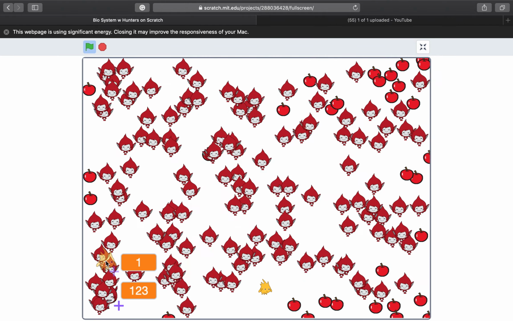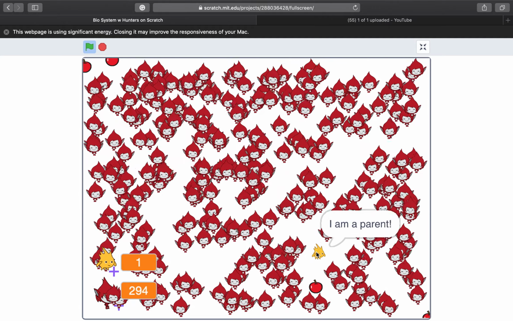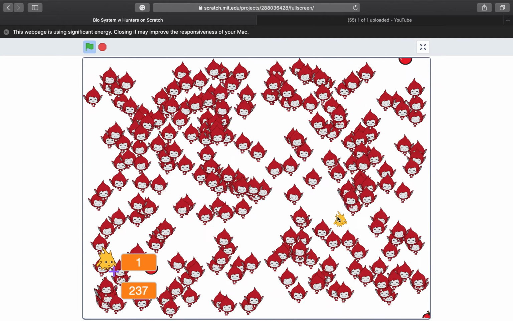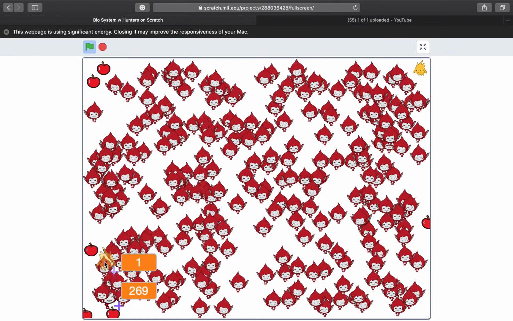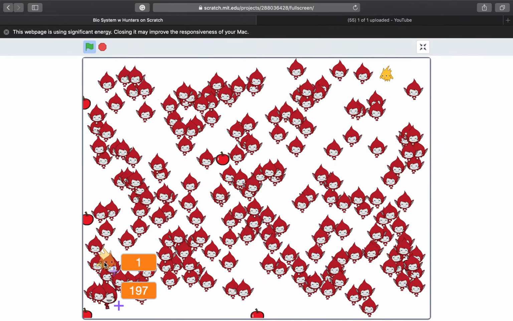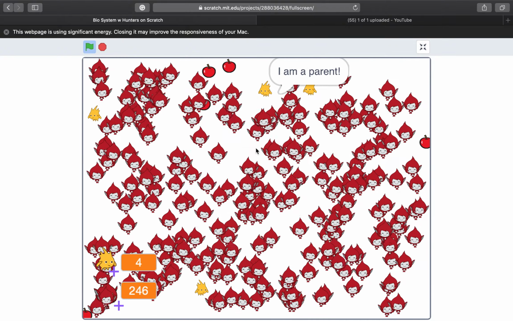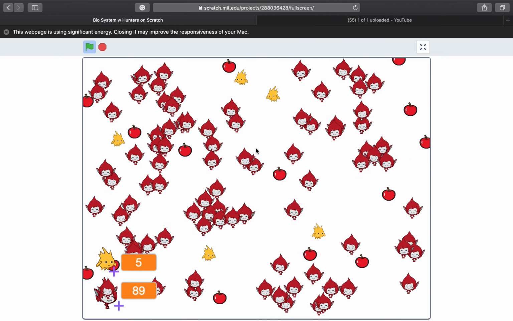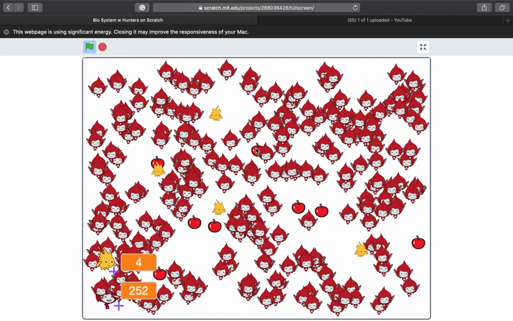Okay, and now I'll launch just one of these little guys. And he starved to death because he actually couldn't find anybody to eat. This guy is not going to starve to death because there's plenty of food around. Why did he not reproduce? I'm a parent. Okay, that's good. They reproduced. And I think it's still going to make them go extinct. It did make them go extinct.